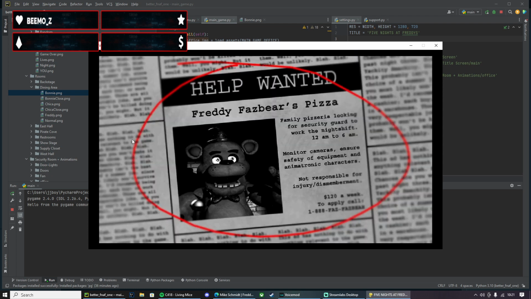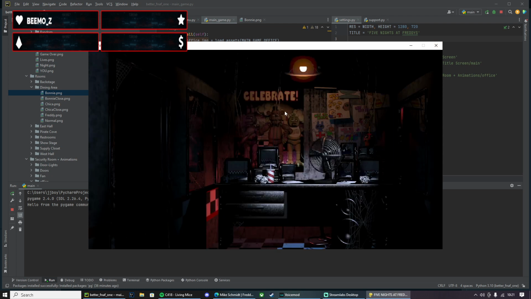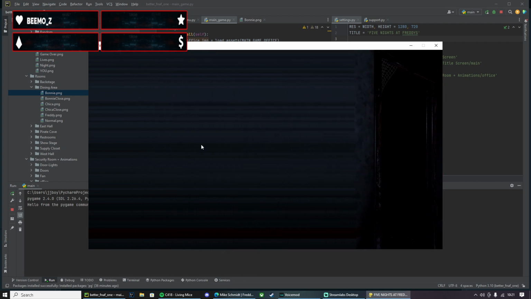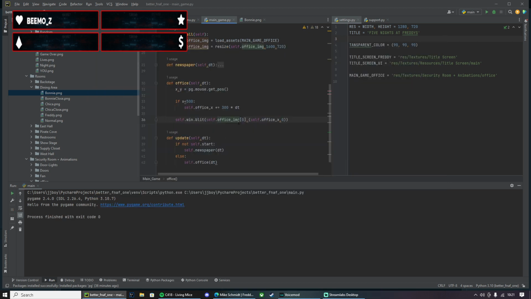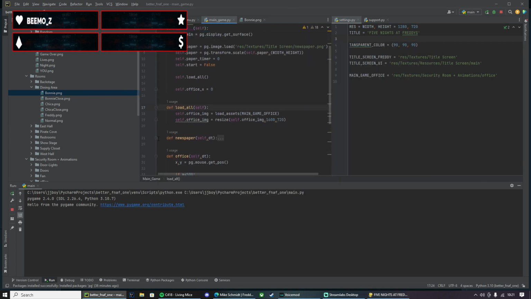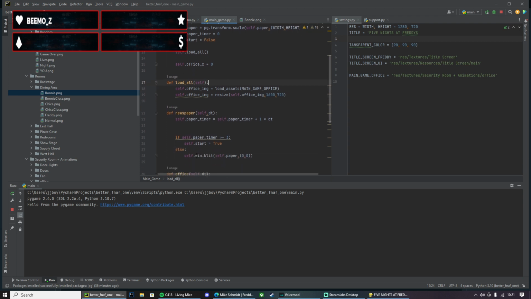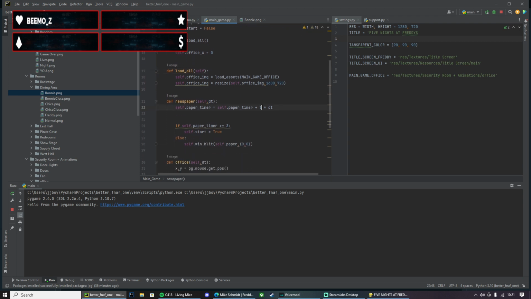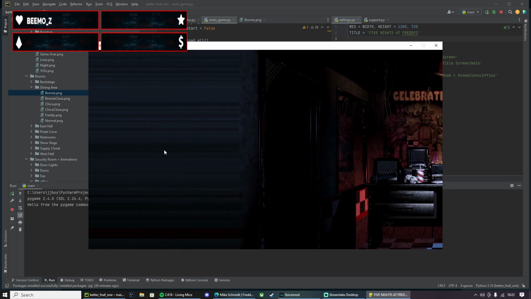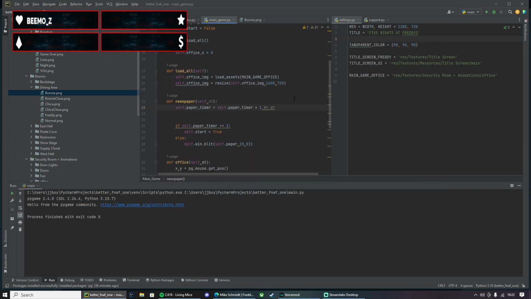So let's have a look. Okay, done it the wrong way, but it still works. Yeah, that looks pretty good. Maybe I'll put the speed as 400 actually. Let's just comment out the delta time so it'll be super fast. Boom. Yeah, I think that'll be a good enough speed.